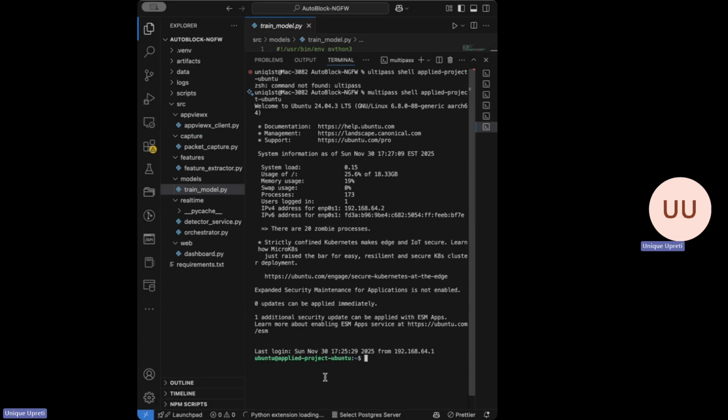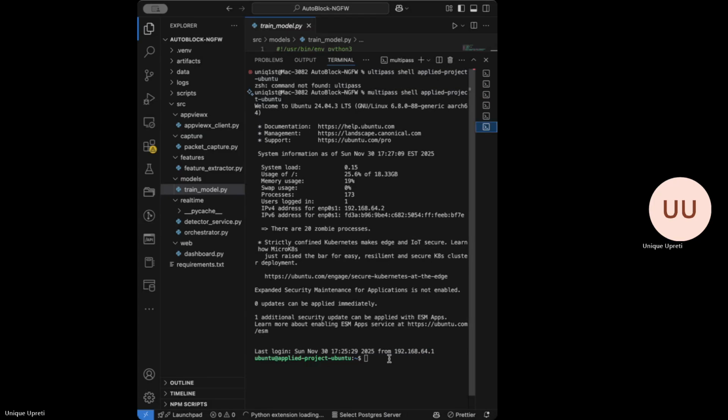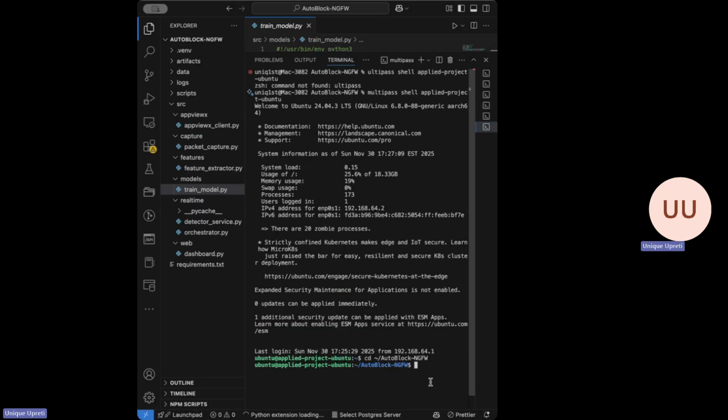We are inside the Ubuntu VM. After we open that, we are going to change the directory, right? And then we are going to activate our virtual environment, right? We're inside the virtual environment. We're going to execute